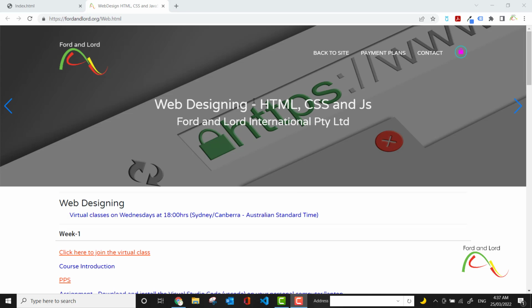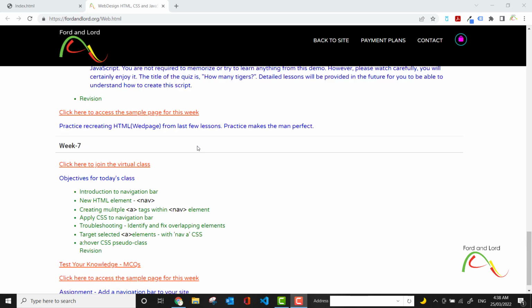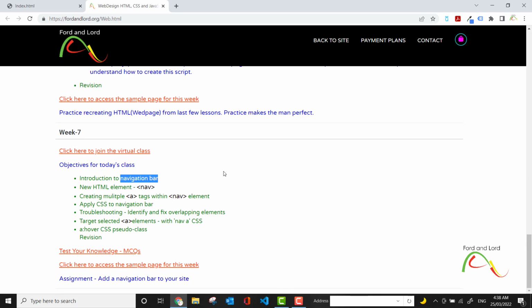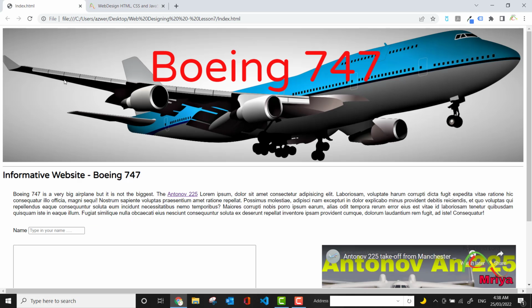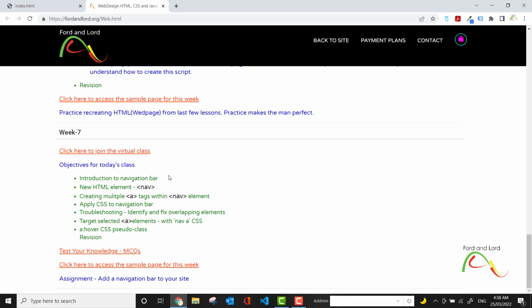Week 7 of our HTML, CSS and JavaScript course, and in this lesson we will learn how to create a navigation bar. Navigation bars are very important and you'll find them almost on every site. So this is a simple navigation bar, but this is the page that we have been trying to create in the last few weeks. And notice this page, this is a single page website so far, and we do not have any navigation bar. So today's main objective is to be able to learn how to create a navigation bar, and